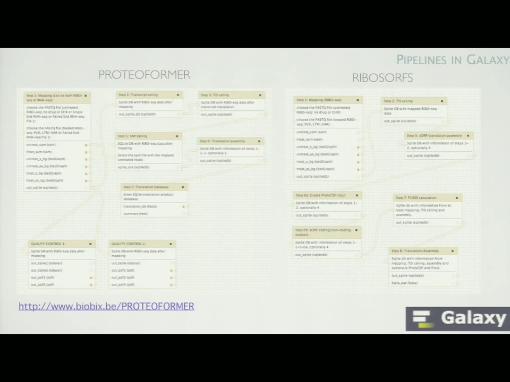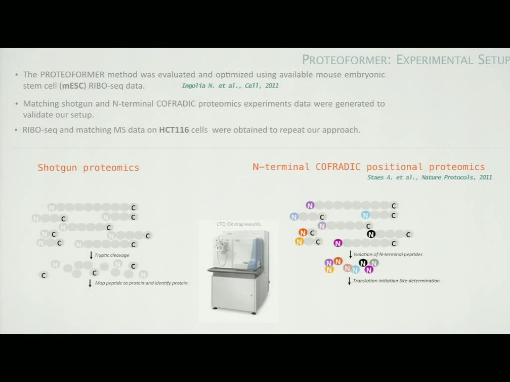We integrated these two tools in Galaxy so that we are enabling wet lab researchers to actually perform these tools to analyze their own data. And we